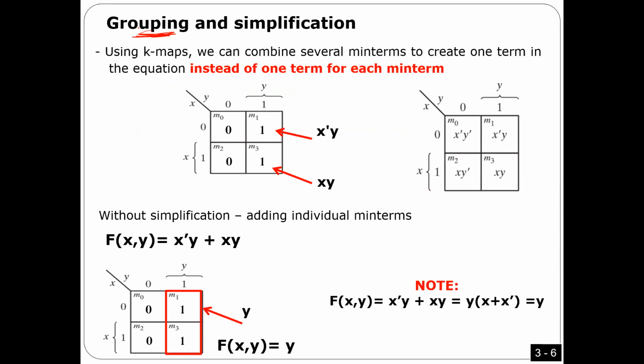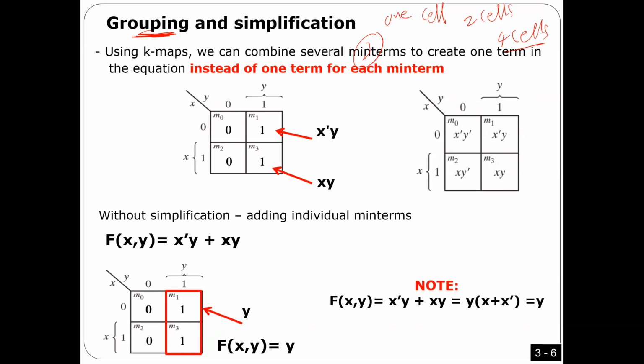You have to make groups. But the condition here is that a group can be only one square or one cell, or it can be 2 cells, or for sure 4 cells, but it cannot be 3 cells. So I can consider one cell as a group, or I can consider 2 neighboring cells as a group, or